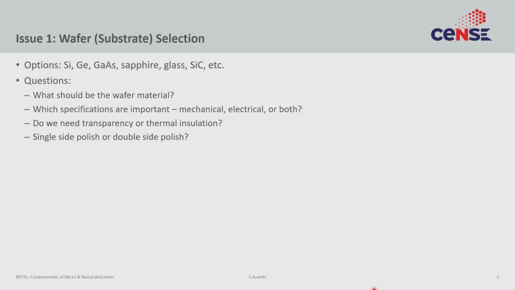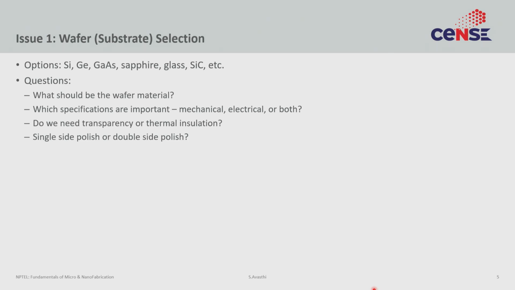So the things to keep in mind when you're selecting the material. First, what properties do you need? If you want optoelectronic properties, if you want to make an LED, gallium arsenide is so much better than silicon, right? Because it's a direct band gap material. Do you care about the mechanical specifications? If you're just making a MEMS device, you just care about the mechanical specification. But if you are making a solar cell, you care about mechanical and electrical properties. So depending upon what you want, you will have to select the appropriate grade of the wafer.